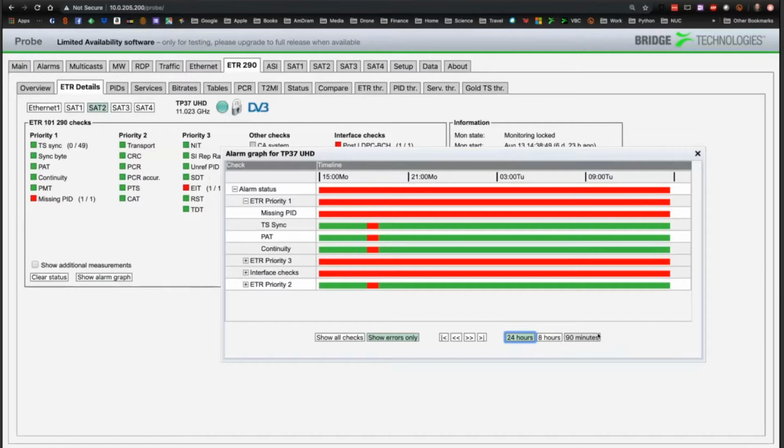And of course, if you're doing a lot of round robin, then this will have lots of gaps in it, because if you have 4 multicasts sharing one ETR engine, then for 3/4 of the time they're not going to be tested, and only 1/4 of the time will they be tested. So you have to bear that in mind when you look at these